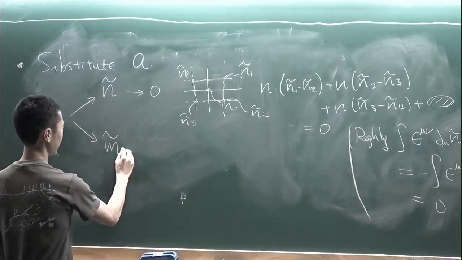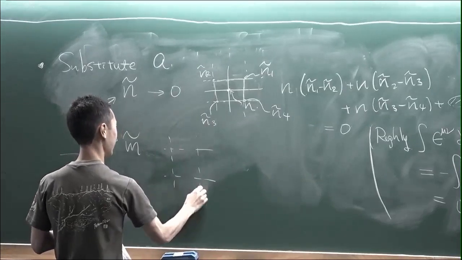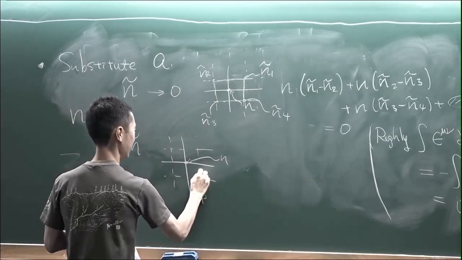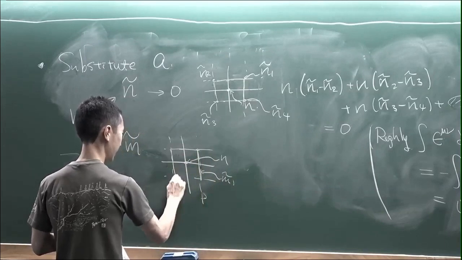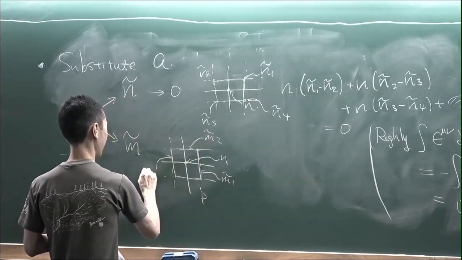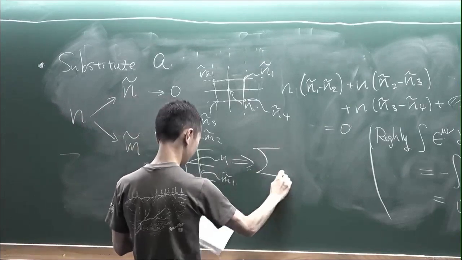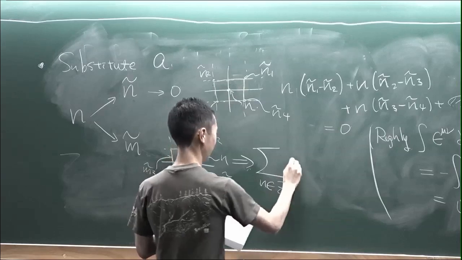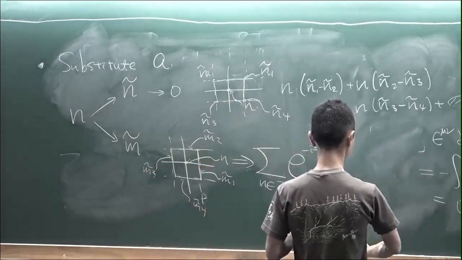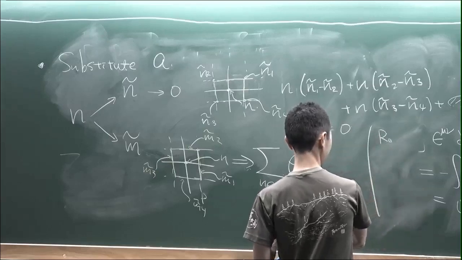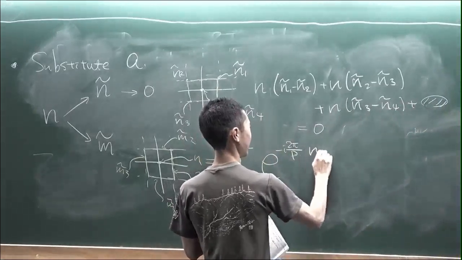Then what you need to worry about is the coupling between N and M twiddle. So now let's again write this graph. N was living here, and M twiddle is now living on the dual lattice, but now on links. So you have M twiddle 2, M twiddle 3, M twiddle 4. Then it turns out the sum is again given by this familiar expression. This is probably not super important, so let me just erase it. So, a familiar expression,